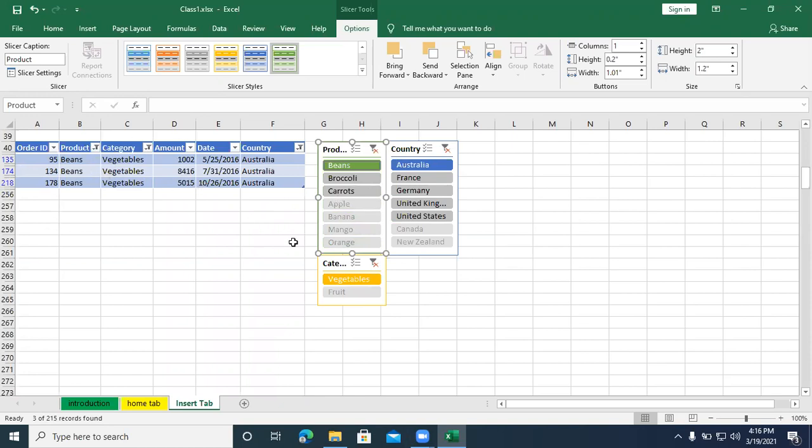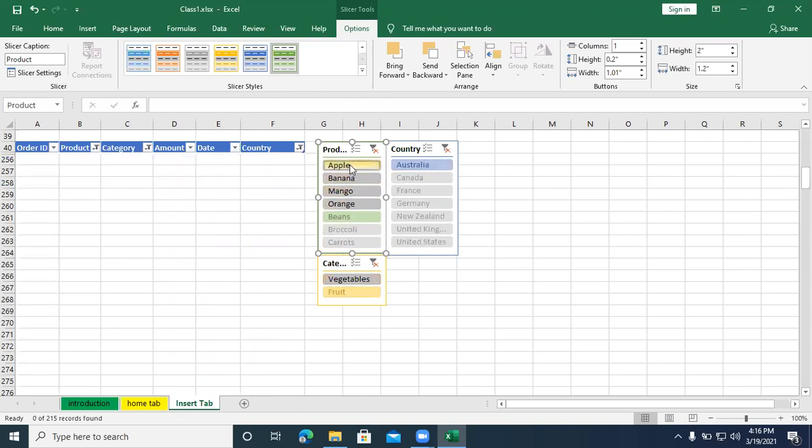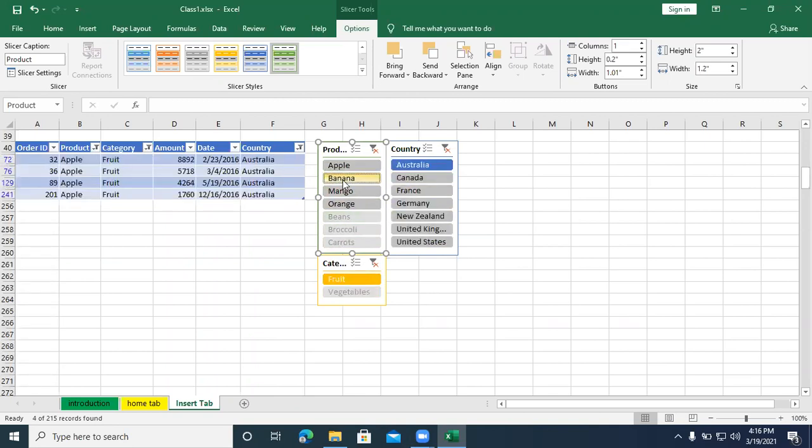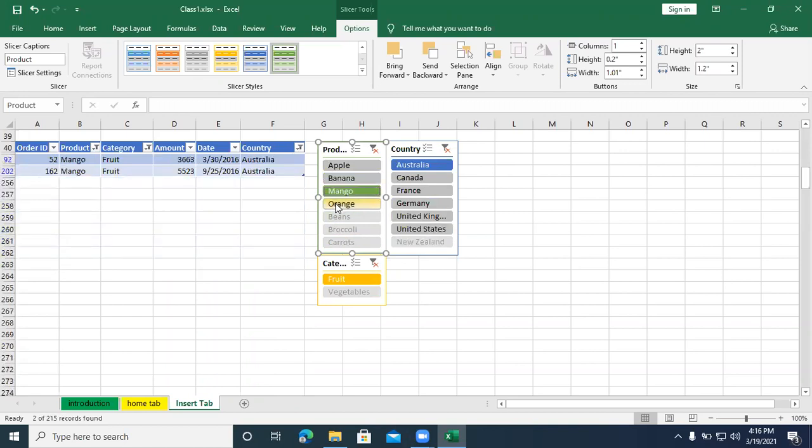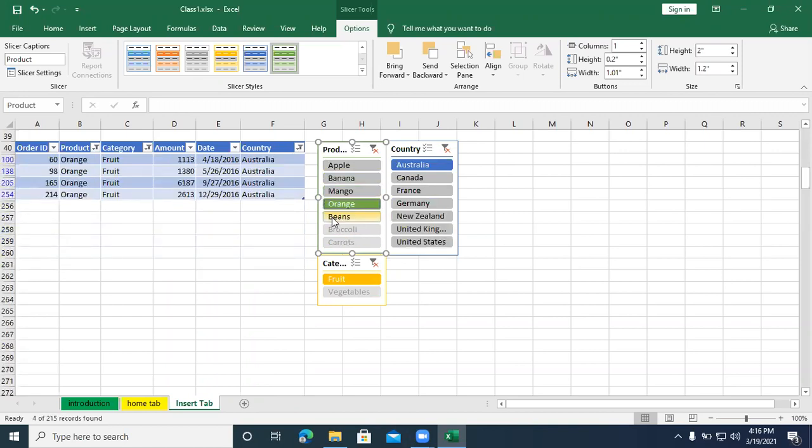It shows only the Australia record along with beans as a product, vegetable. In Australia, I want to see one of the fruits, I think apple, banana, mango. So based on the selected information, the data is going to display.